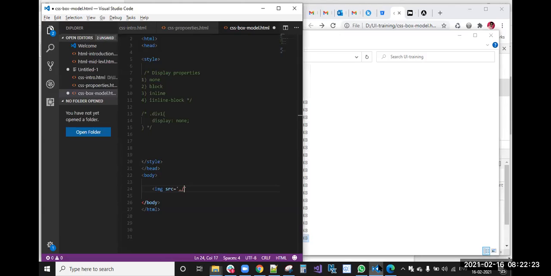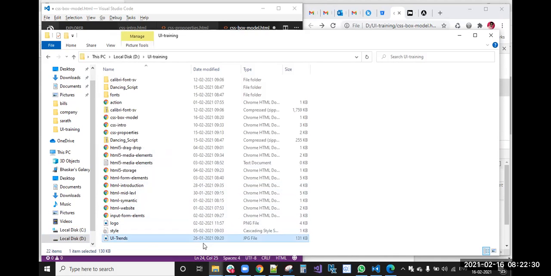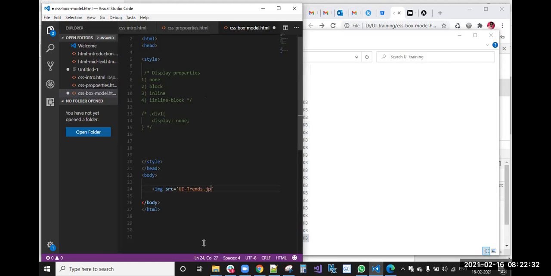UI trends, right, and is this PNG or JPG? JPG. And I have written one more span element, this span element with the UI class. I have saved this.